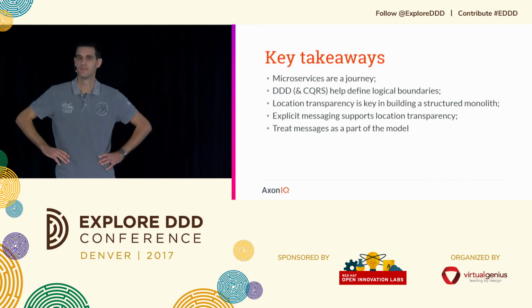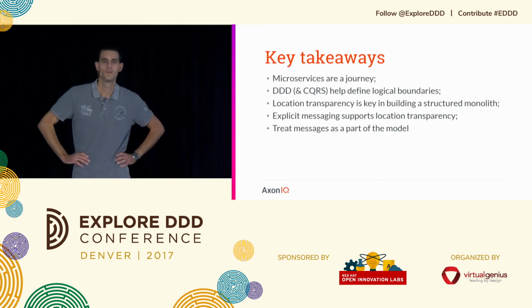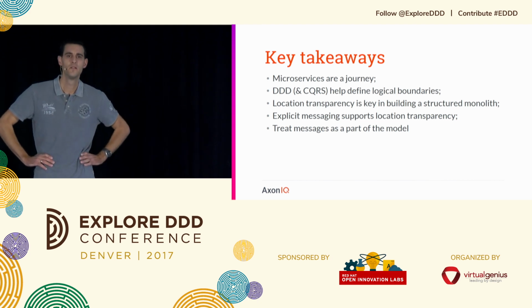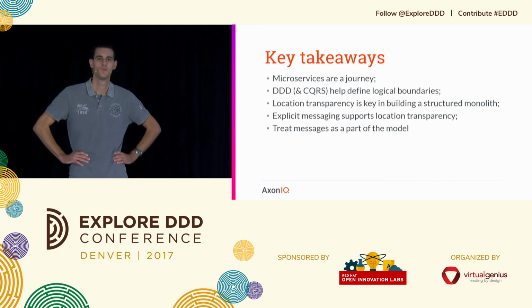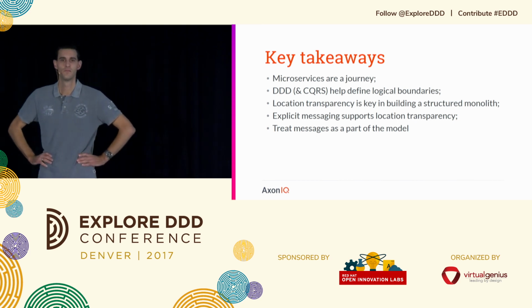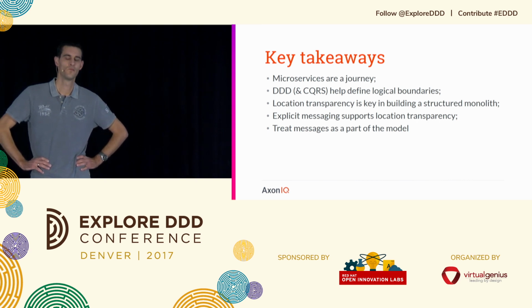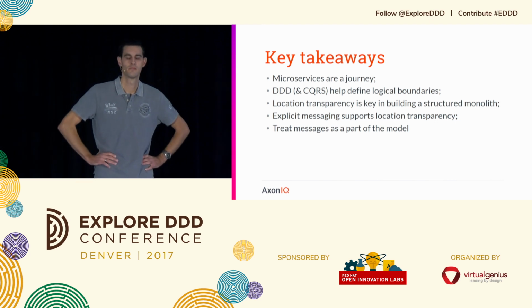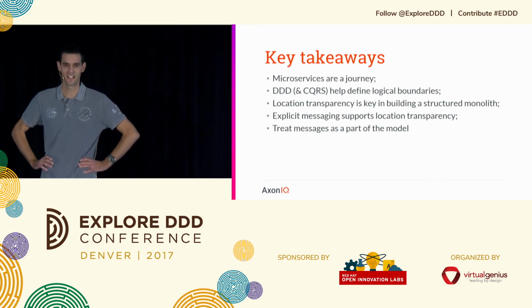I have a question here in the middle. So your last bullet there, treat messages as part of the model, that's really interesting, but I'm trying to understand practically. In your example earlier, you talked about one bounded context had order placed, so a message would be emitted with this concept of placed, and the other bounded context had the concept of order created. So if that message is part of the model, is it two different kinds of messages, really? In the one context, it's the message with this idea of placed. In the other context, it's the idea of created. How does that work? That's exactly it, yeah.